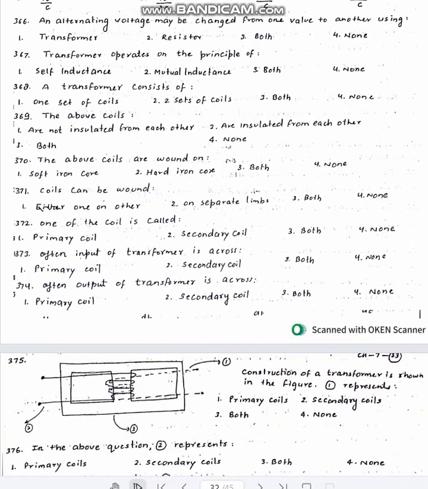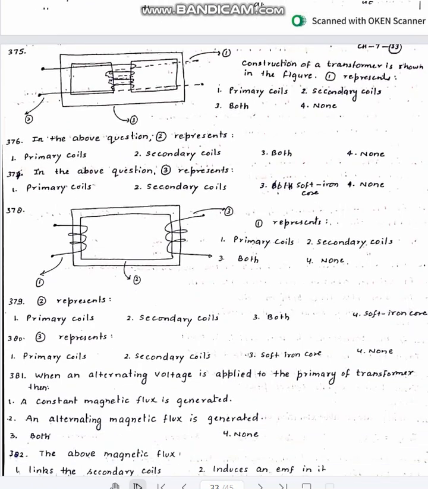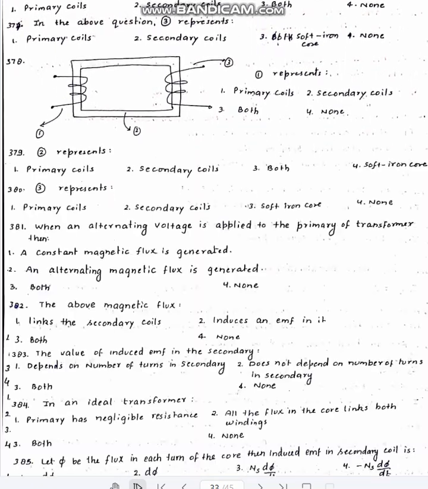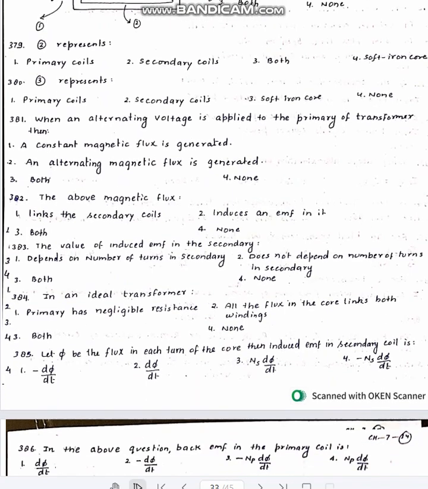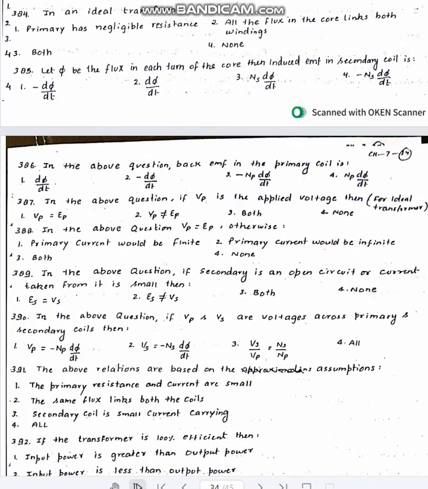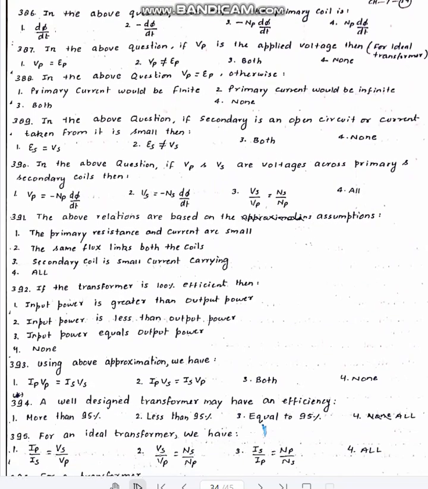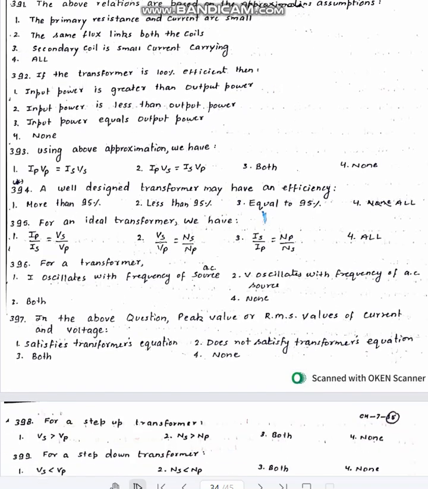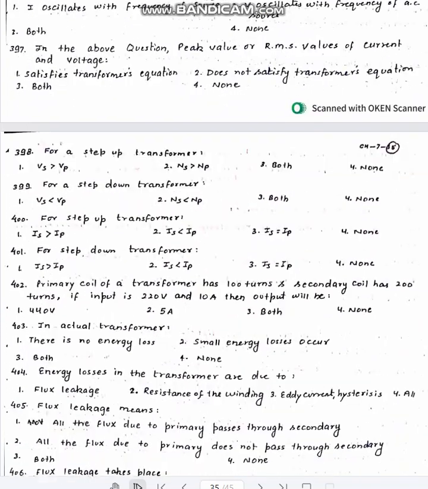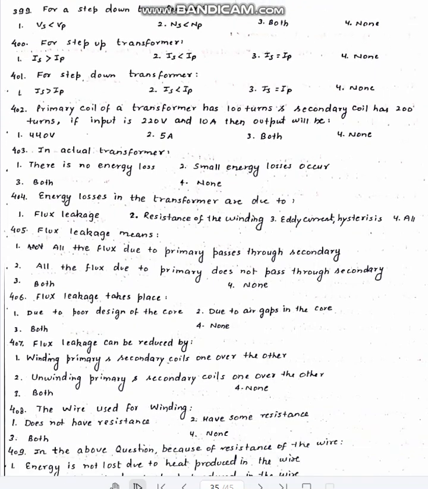Then we have how coils can be wound. Then there are questions on transformer, primary and secondary coils. Then we have questions based on these basic problems. Then we have flux related problems. Then we have certain questions based on primary and secondary voltage, then using power conservation theorem, the conditions for that, step up and step down transformer, then values for step up and step down transformer, how they step up and step down and what factor it